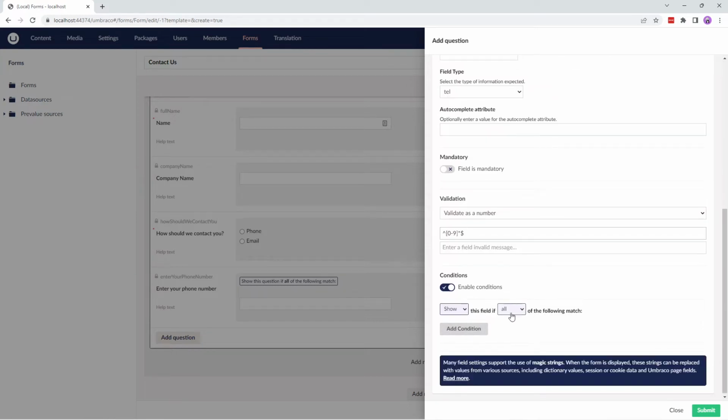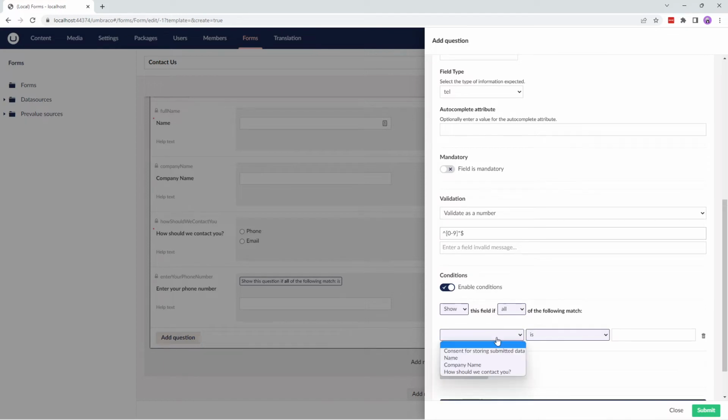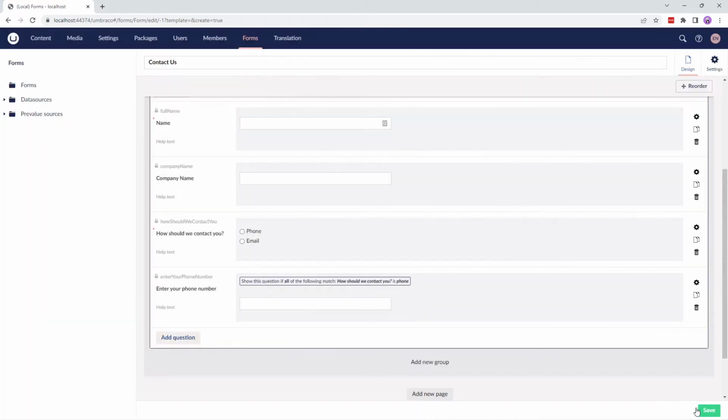I want this field to be displayed only if it matches the following condition. So, I'll click on Add Condition and select How should we contact you from the drop-down and type phone here and submit this question. So, this field will only be displayed if the user has selected phone in the previous question.